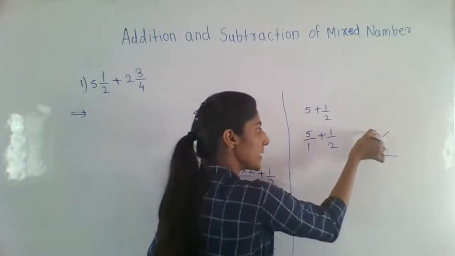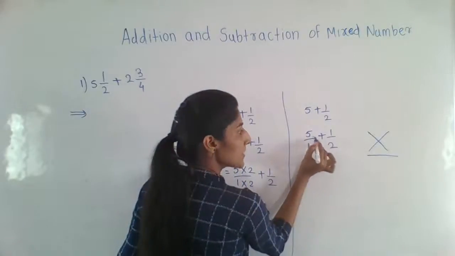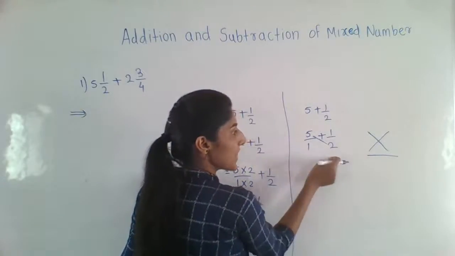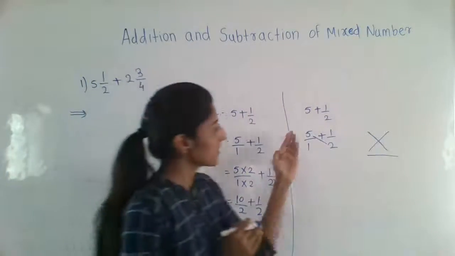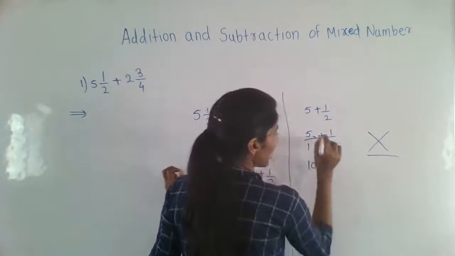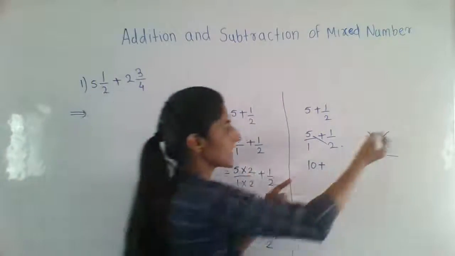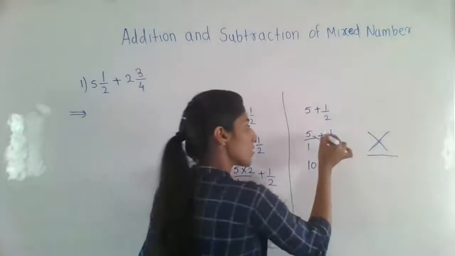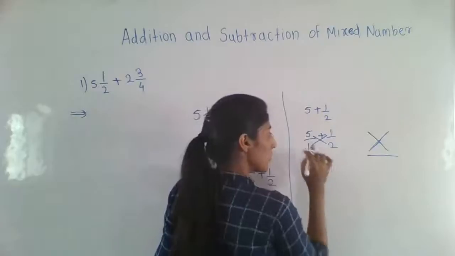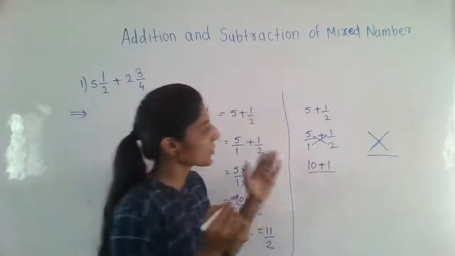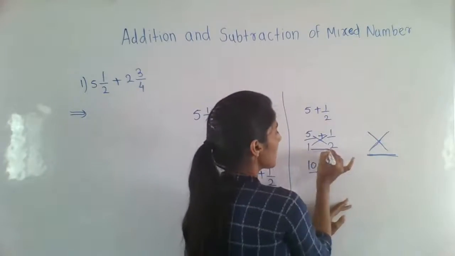Now see here, the meaning of the first line, the cross multiplication, means what? Cross. Which numbers are in cross? That is 5 and 2. Therefore multiply the numbers which are in cross. Therefore 5 into 2 we get 10. The middle sign, write it as it is, that is the plus. Now next, cross. What is the cross? 1 into 1. We get 1. Now our denominator, what is the denominator? This is the third step, for the denominator, multiply these two numbers.